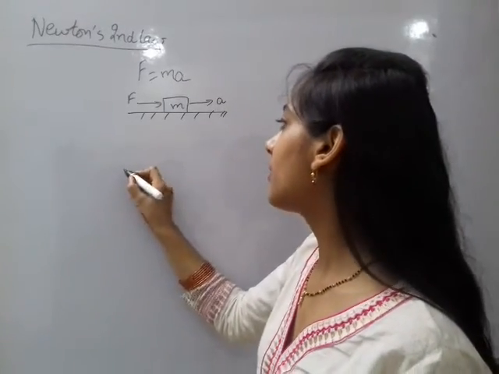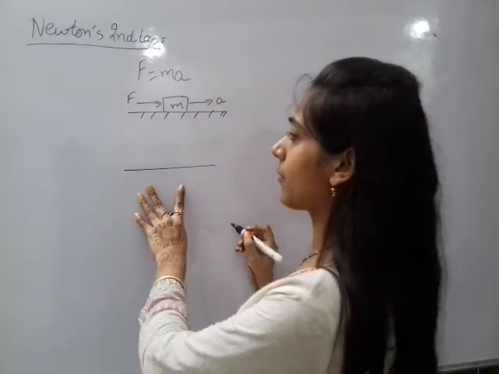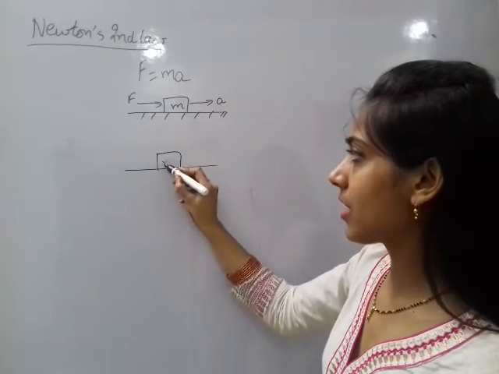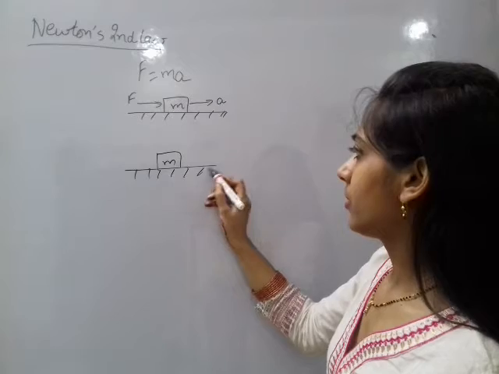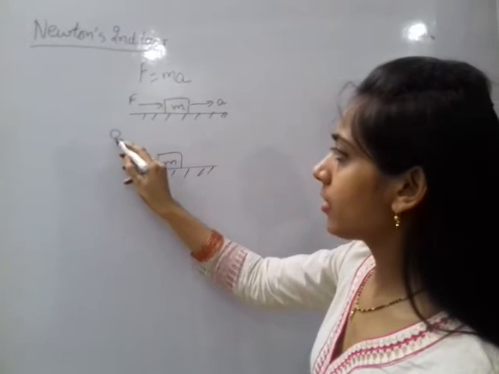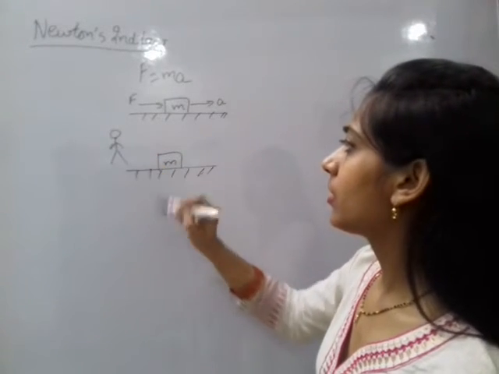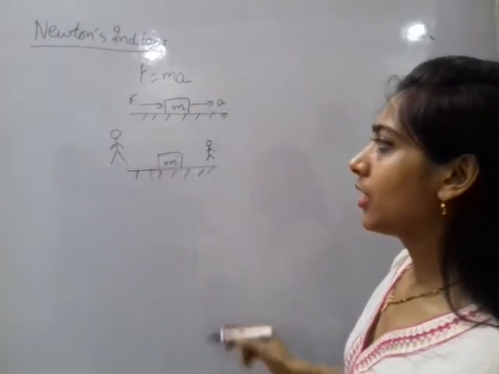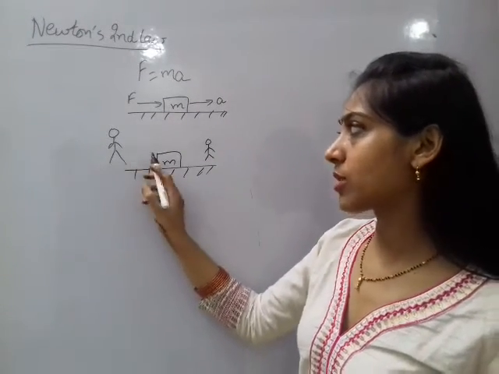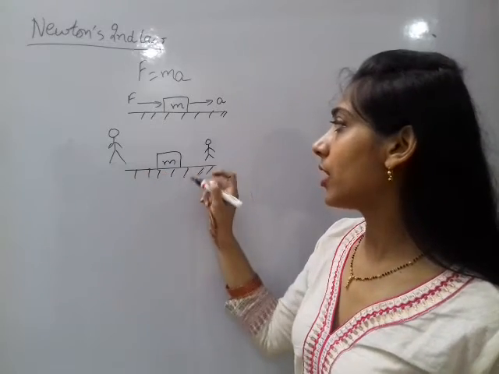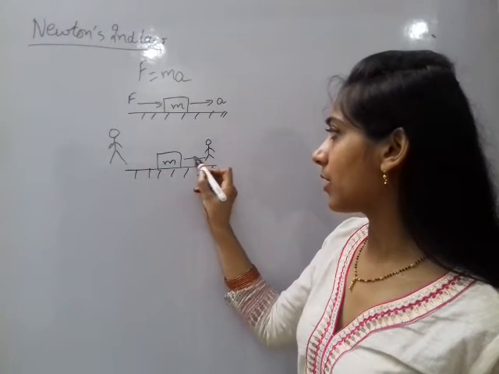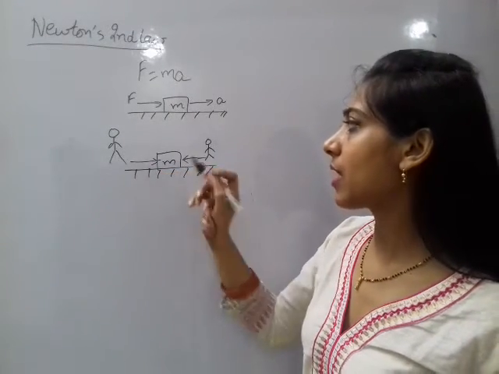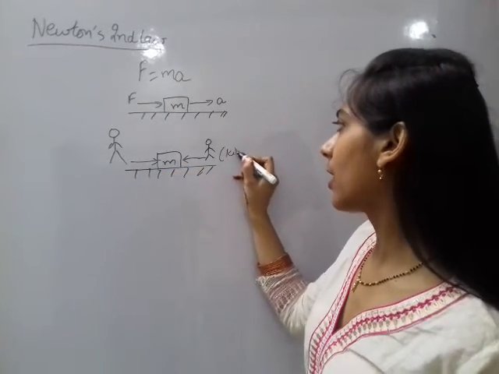Second case is that, अब let your mass is again m. Okay, here is a person and here is a kid. अब जो पर्सन है वो भी इसके ऊपर फोर्स अप्लाई कर रहा है और जो किड है वो भी इसके ऊपर फोर्स अप्लाई कर रहा है. Let this kid apply force in this side and this person apply force in this side, ठीक है.